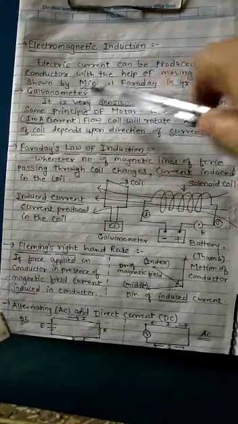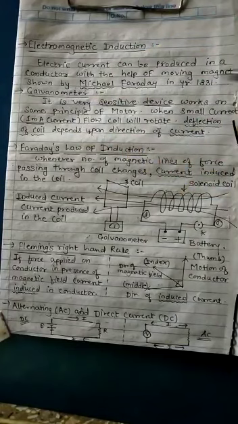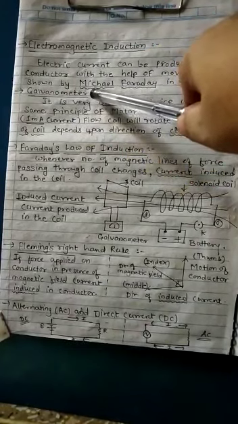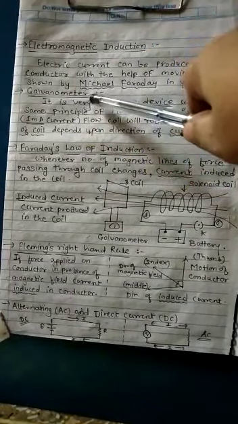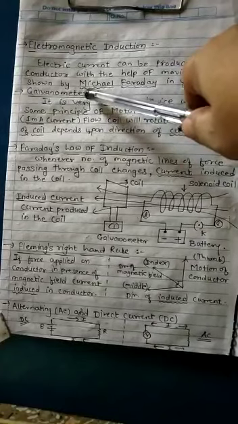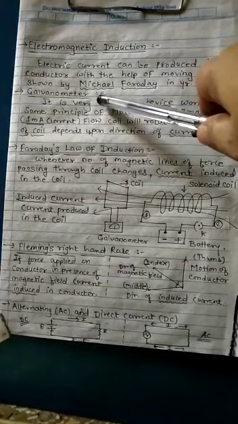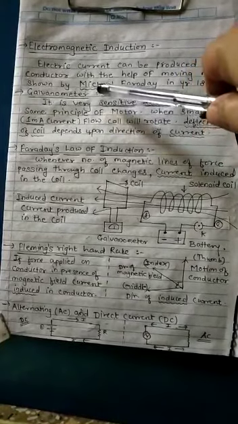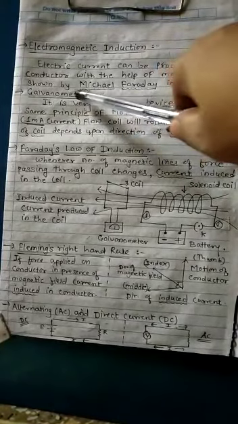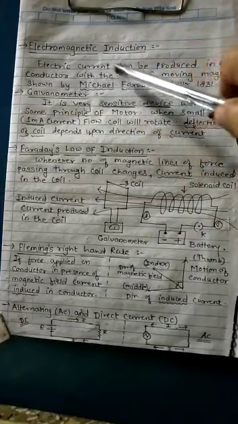Next one is the galvanometer. A galvanometer is a device similar to the ammeter. Ammeter and voltmeter you studied in 9th standard. There is a circuit diagram with some components in 9th standard, that is ammeter and voltmeter. So galvanometer is also similar to an ammeter. So what is it exactly?